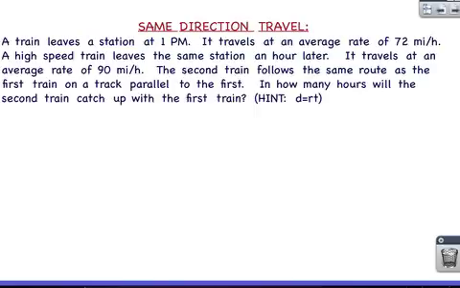So we know that our first train is traveling 72 miles per hour, and that the second train travels an hour less because it leaves an hour later, but it's traveling faster, 90 miles per hour. So we need to figure out in how many hours will those two different trains travel the same distance. So we're going to begin by defining our variables. In this case, we don't know how many hours the trains are traveling for. We are going to let t equal the number of hours